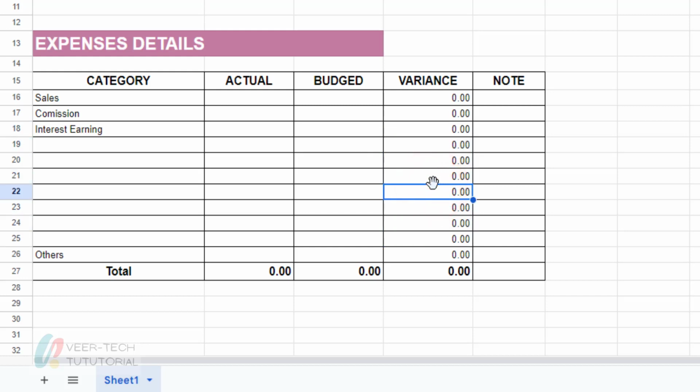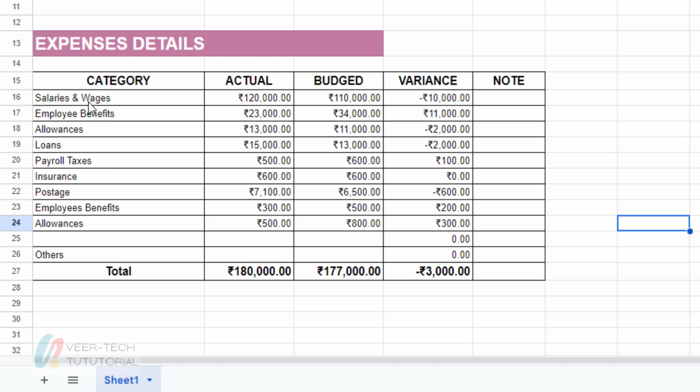Press F2 to see the calculation. If it is okay, then go ahead with this. Now select this one and remove. So I have entered expenses detail like salaries, employee benefits, actual amount and the budgeted amount. Everything is coming over here automatically. We can check the sum as well by pressing F2 from budget as well, and in the D column as well. So in that way you can create this monthly business budget format in Google Sheets